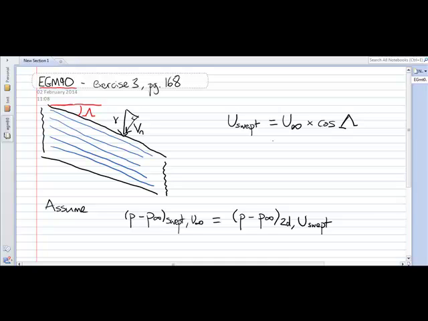Okay, in this little video I'm going to go through the exercise that I set to you a couple of weeks back. It's on page 168 of your EGM 90 Advanced Aerodynamics lecture notes. It's exercise 3 where I ask you to have a go at adapting the Prandtl-Glauert rule, which we came across back in section 3.4.2, to create an estimate for the compressible pressure coefficient and critical pressure coefficient in the context of